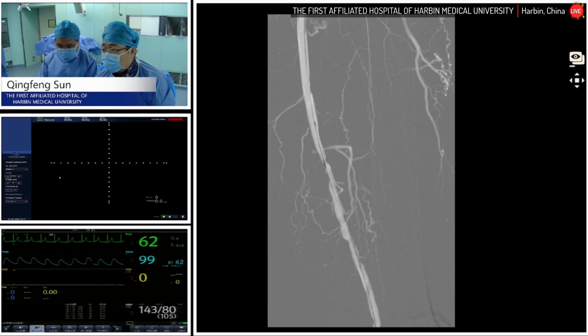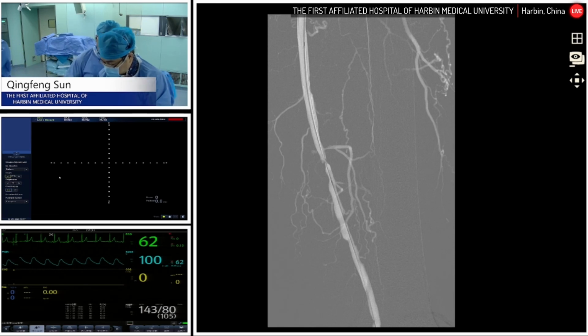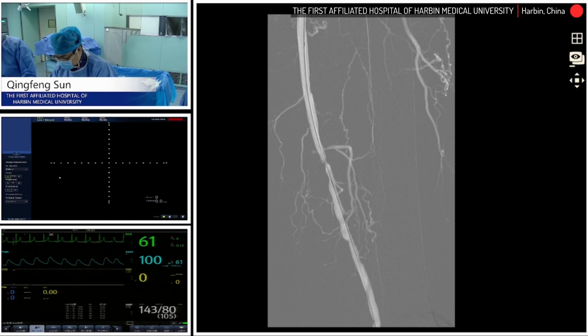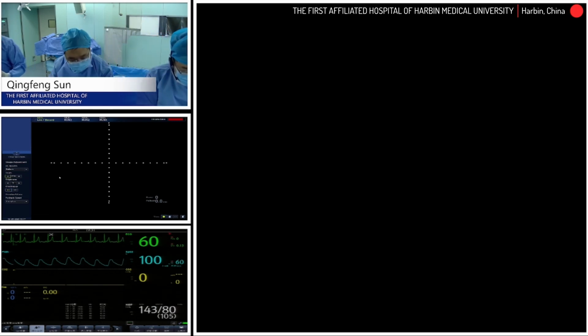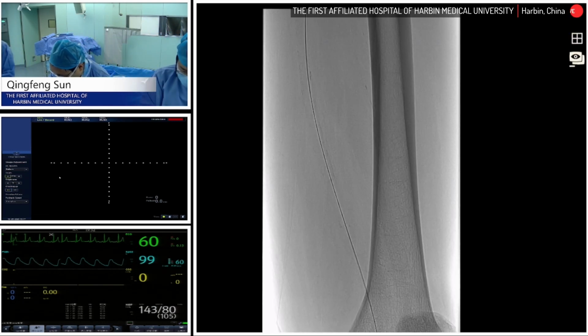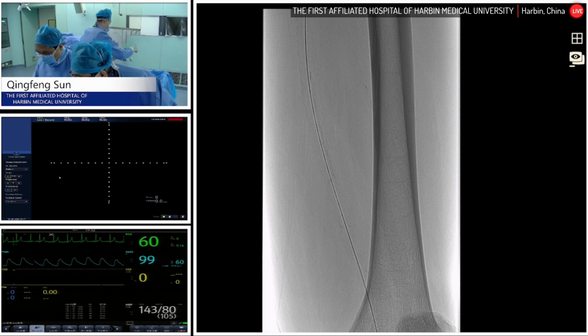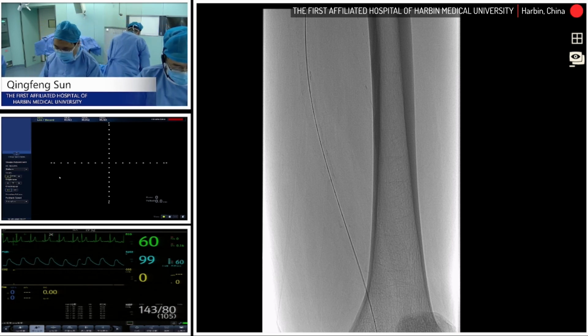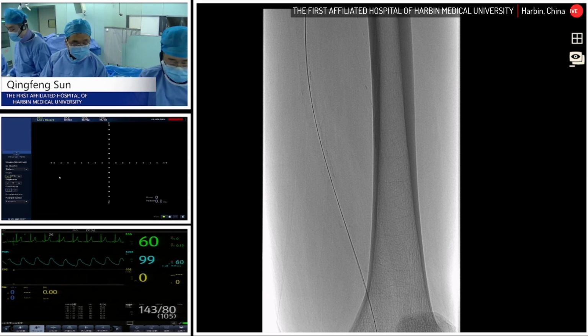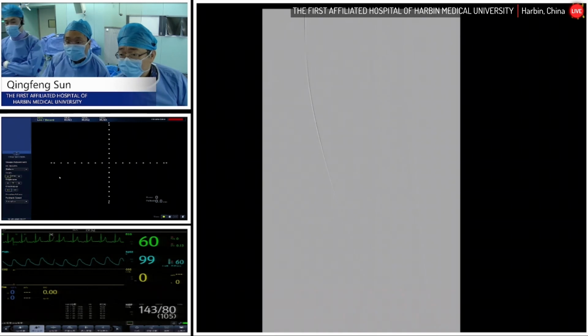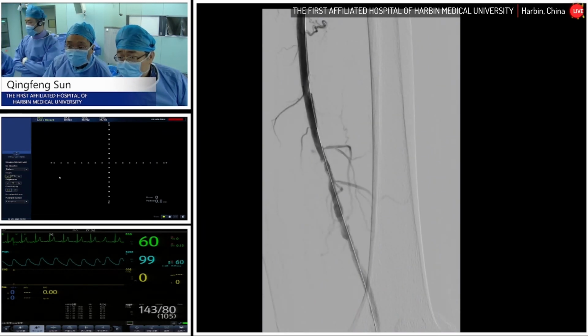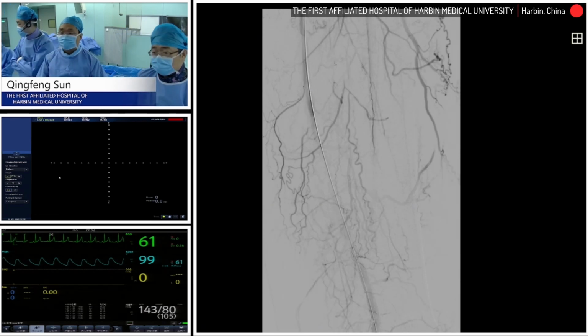All right, doesn't matter. So just as Dr. Sun said, the CTA is the most common information for most doctors in China to decide what's the character of the disease. You can see some low density material on the vessel wall. Based on this and his medical history, this gentleman just has claudication for 1 month, so it's fairly easy for us to think the lesion is composed of thrombosis. But when you use IVUS, actually you can see a completely different